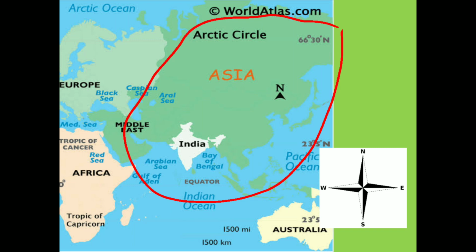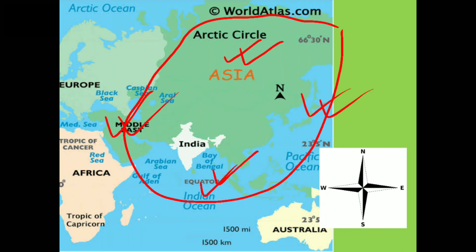And if you see, this is the whole of Asia. If you see the directions here, this is the northern portion of Asia, this is the southern portion of Asia, this is the western portion of Asia, and this is the eastern portion of Asia. And if you see India's location, you will see India is located in the southern part of the continent Asia. Okay, clear up to this? That means what we learned today is that India is a country located in the southern part of the continent Asia.